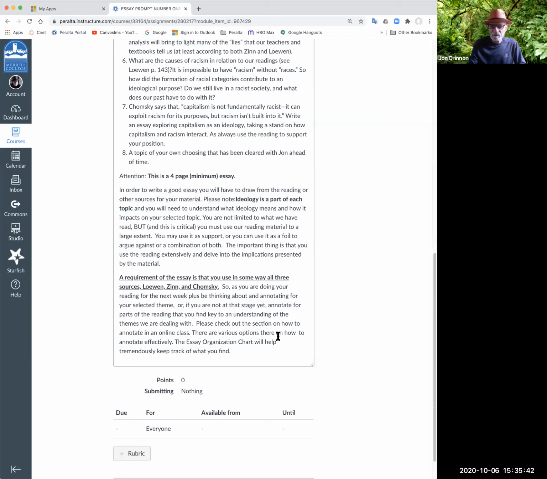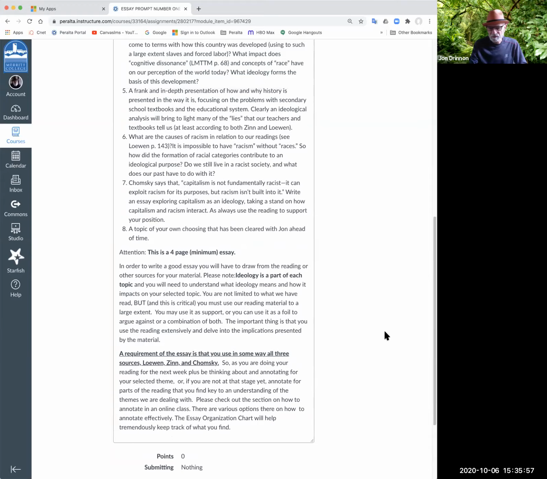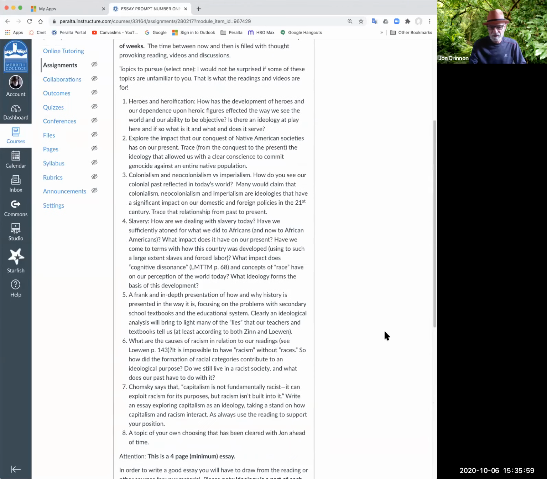And then I say a requirement of this essay is that you use in some way all 3 of the sources, Lowen, Zinn, and Chomsky, and you're going to need to bring in at least 2 quotations from them into every body paragraph, which shouldn't be that difficult, because all of these people have something to say on these topics.